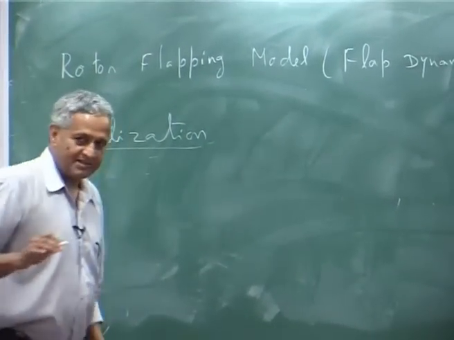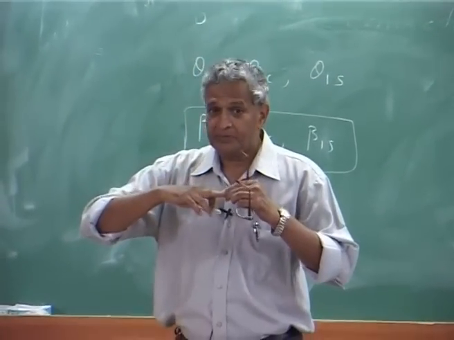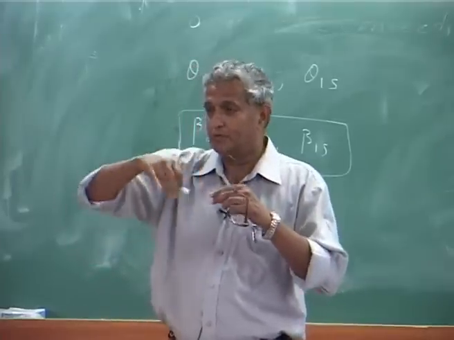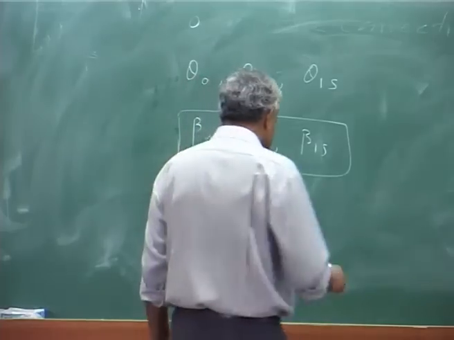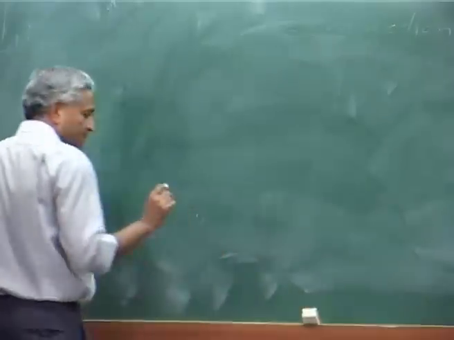Because you know that the blade is attached to the hub. It can be with a hinge, and it need not be with the hinge because it can be bolted. That is a hingeless blade. So what we will do is we will have a hierarchy of models. The very first one is